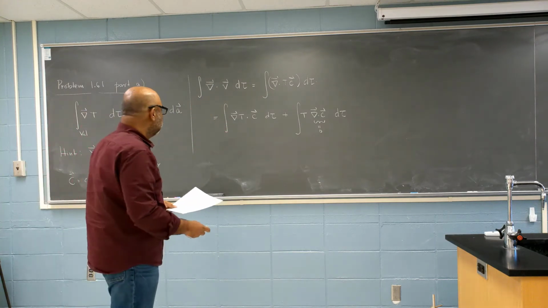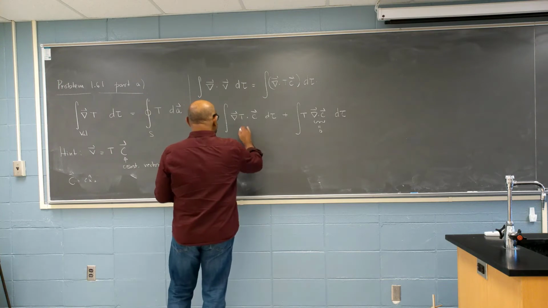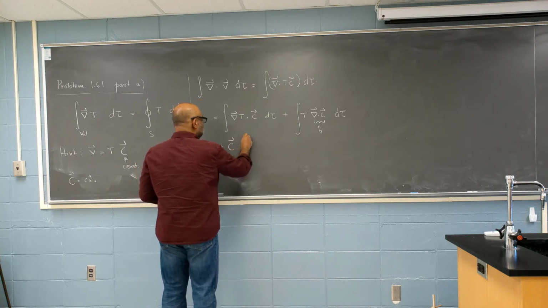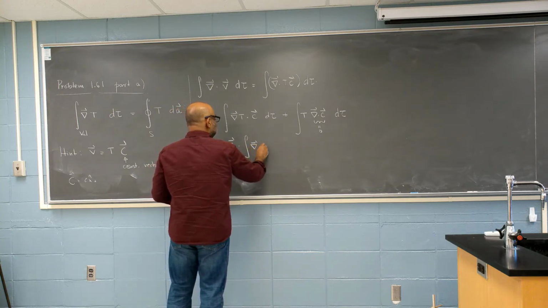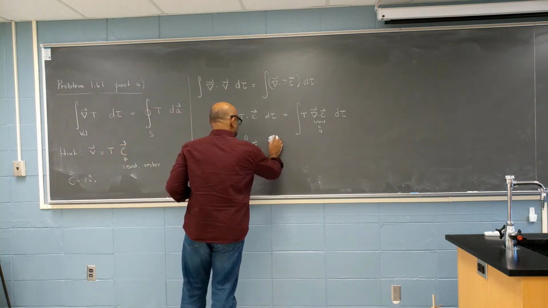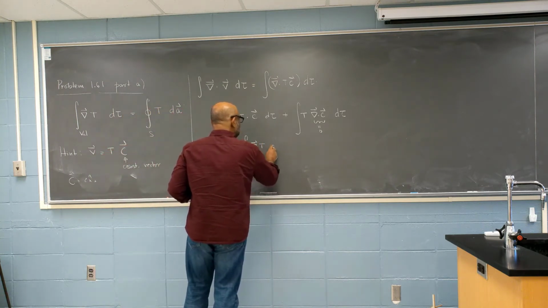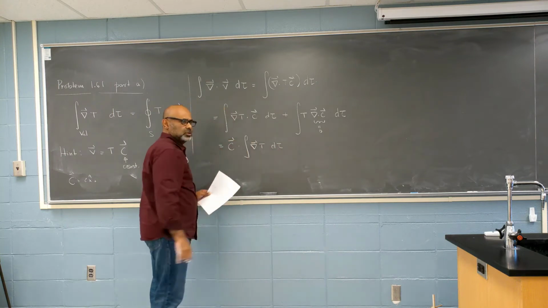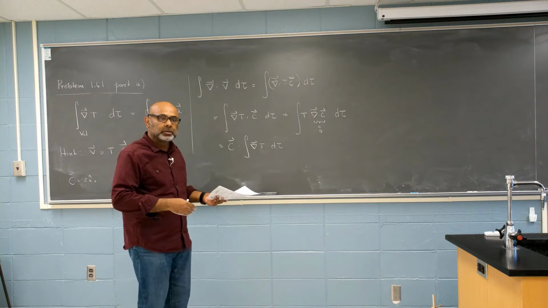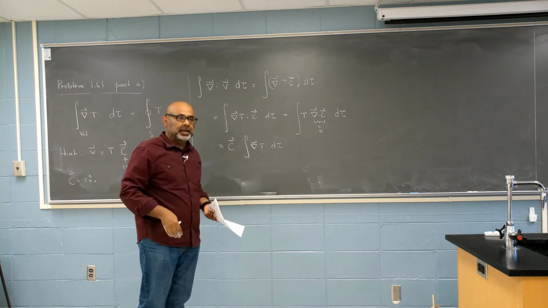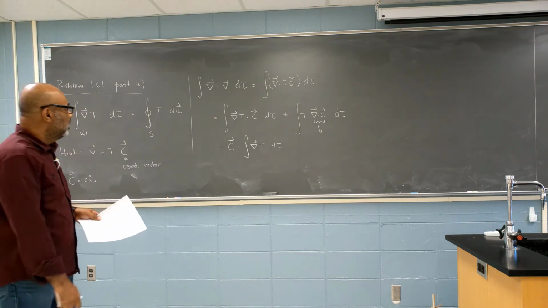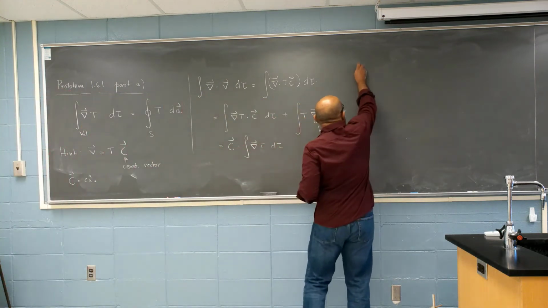So I get this, and I'm going to write this as C dot gradient of T d tau. Because again, C is a constant, so when you integrate it, you don't have to worry about it. And you can bring it out component by component: Cx x hat, Cy y hat, Cz z hat. So you get that. All right, that's one side of the